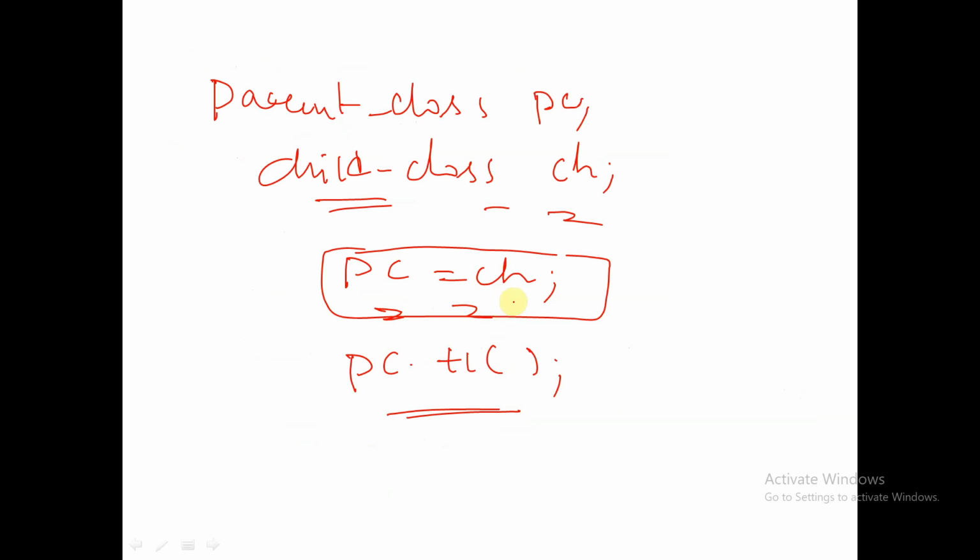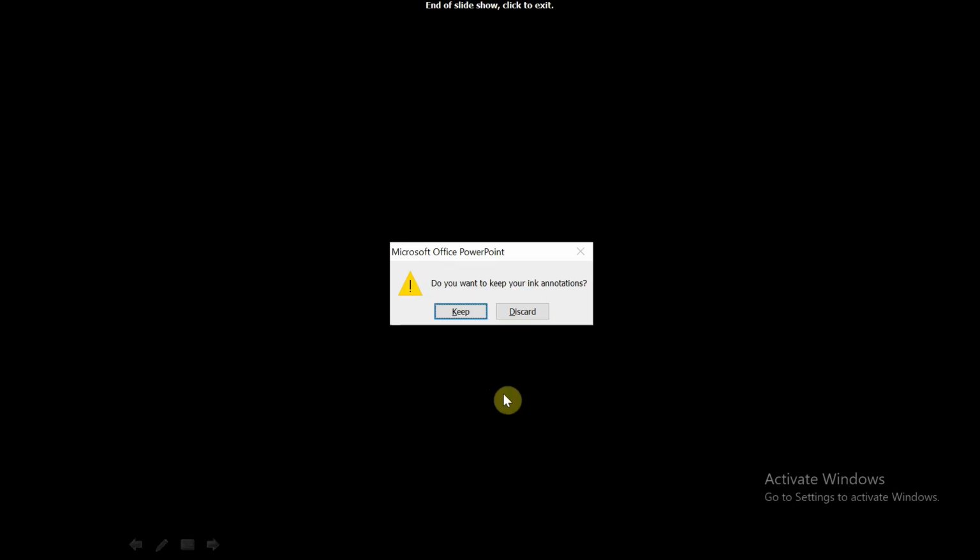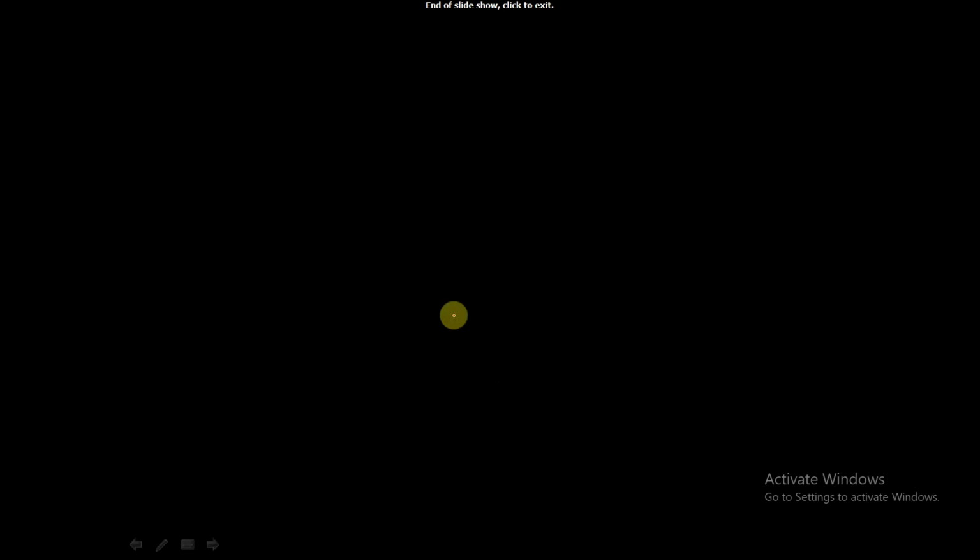With the help of the virtual keyword, I can achieve polymorphism in this case. The task which is declared inside my child class will be executed with the help of the parent class handle. So this is how the virtual keyword helps me to achieve polymorphism. So this is about polymorphism in